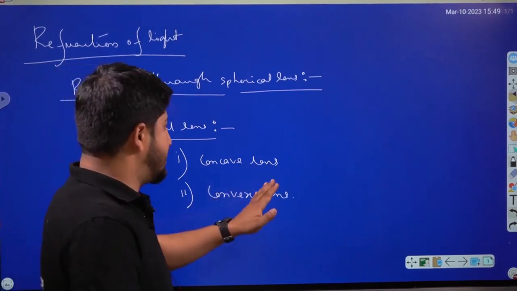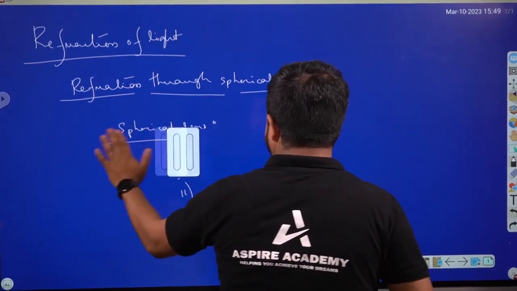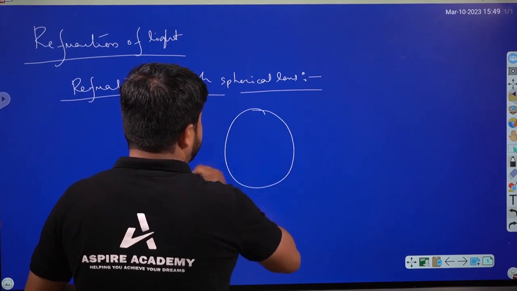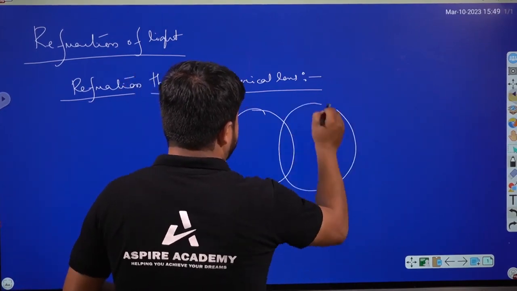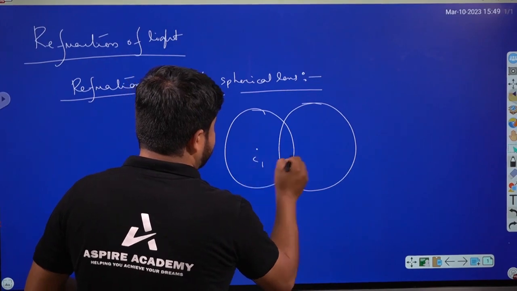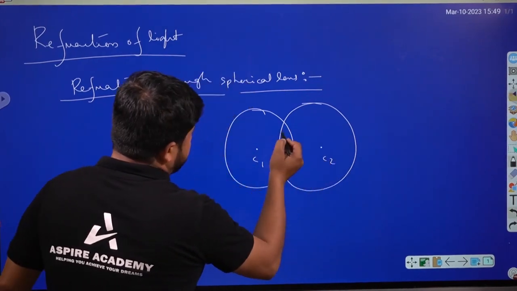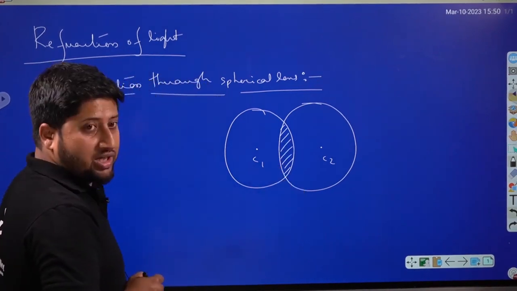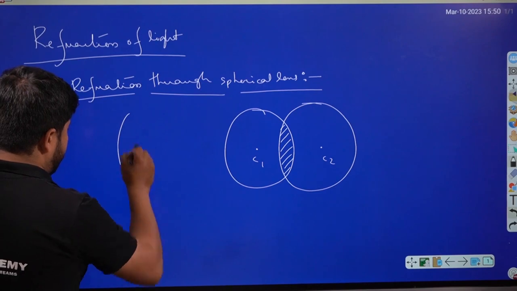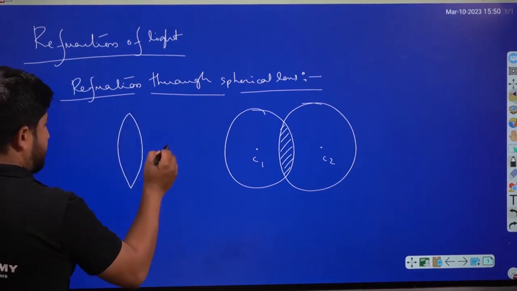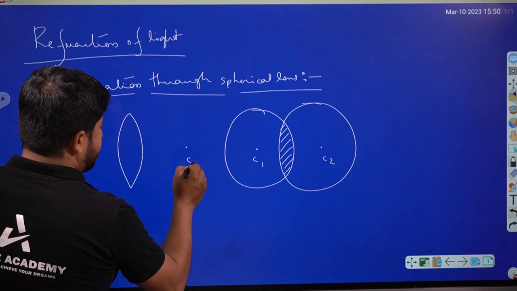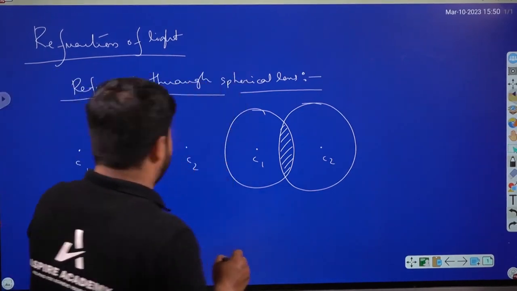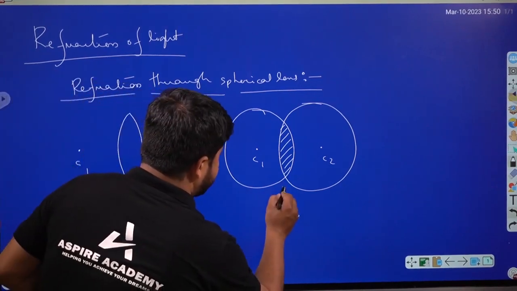So how can we make these? Suppose we draw two spheres, with centers c1 and c2. If we cut out this part, it looks like this. This type of lens is called